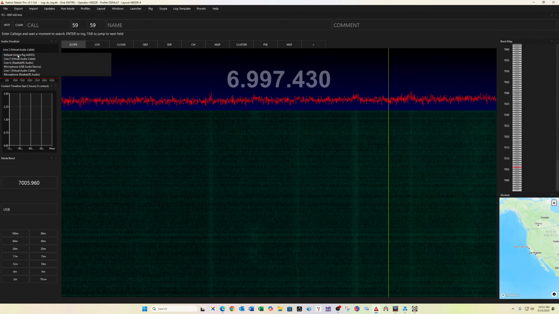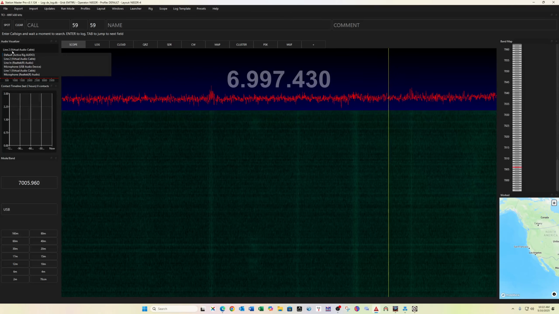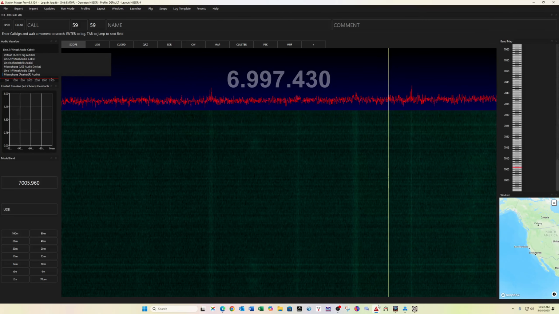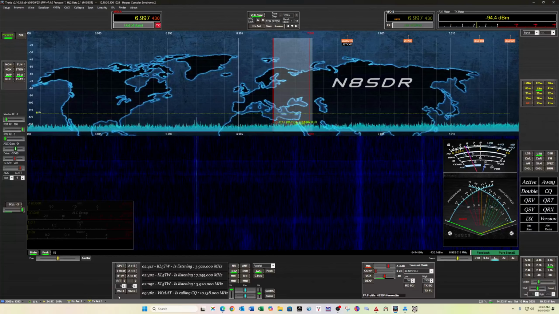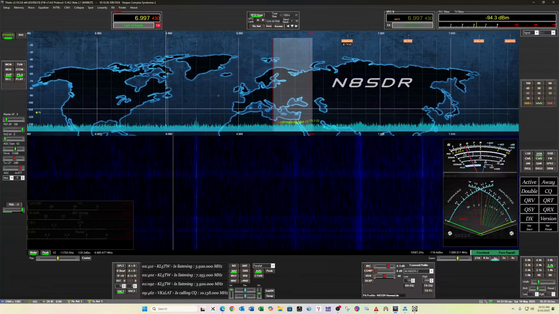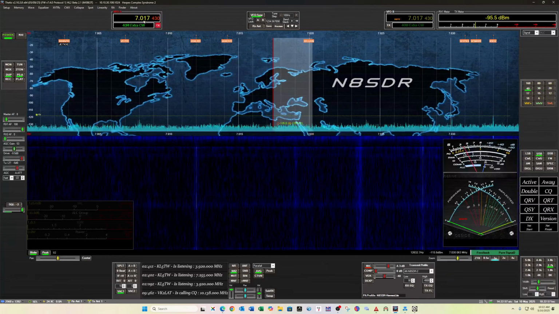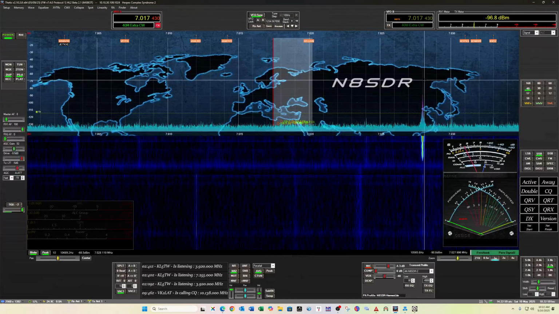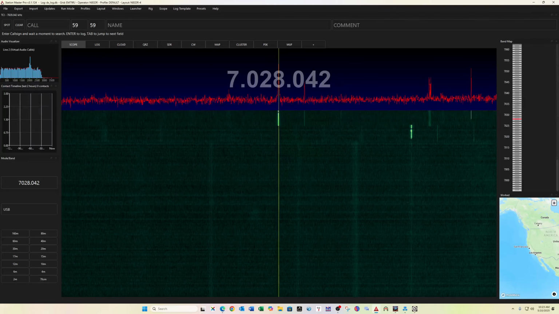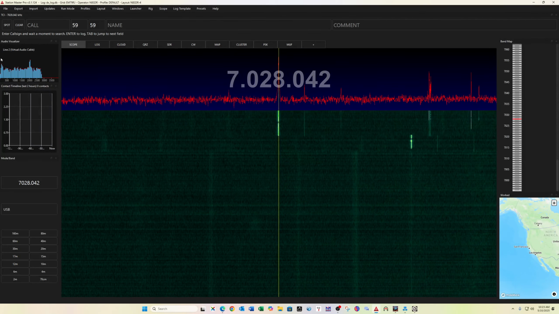The virtual audio visualizer here. Let me actually turn that on. I think I don't have VAC running right now, which is why that should not be working. Let's go back into HF and go back here. There's some CW here, so that should show up in here. Yep, there we go. So there's the virtual audio